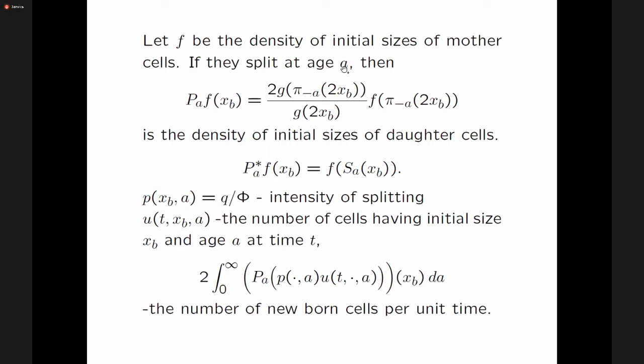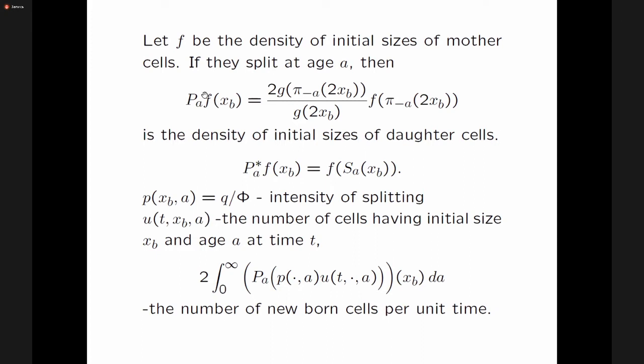Then the relation between the density of distribution of mother cells and daughter cells is given by some Frobenius-Perron operator P. It's easier to look at the Koopman operator. It's a symmetric thing. You see, we have a substitution. x_b is the size of a mother cell. This is the size of the daughter cell. So it's a Koopman operator, and then we can go back to the Frobenius-Perron operator, and this is a real formula